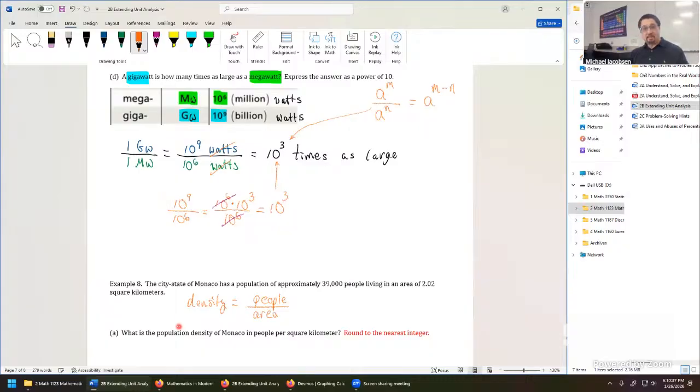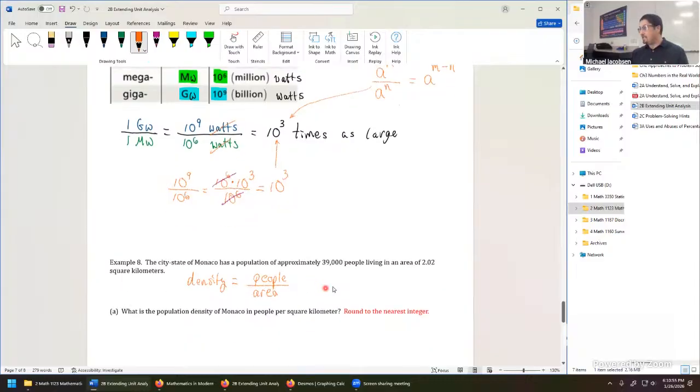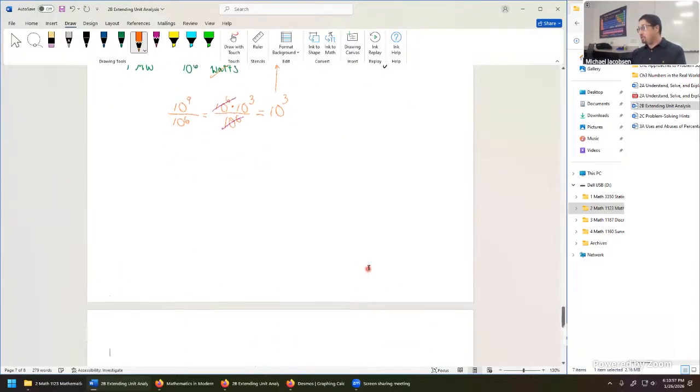And the formula might seem kind of familiar because we had a different formula, distance equals rate times time, that we were using earlier on around example 3 or 4, if I recall correctly. So it's a similar kind of formula, but just different kinds of quantities and units that we're using in this case. So to give this one a try,